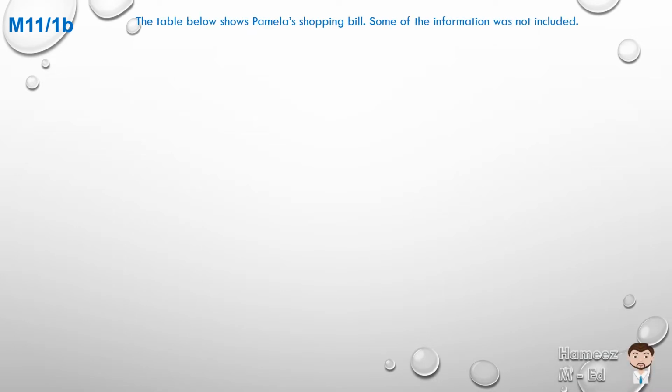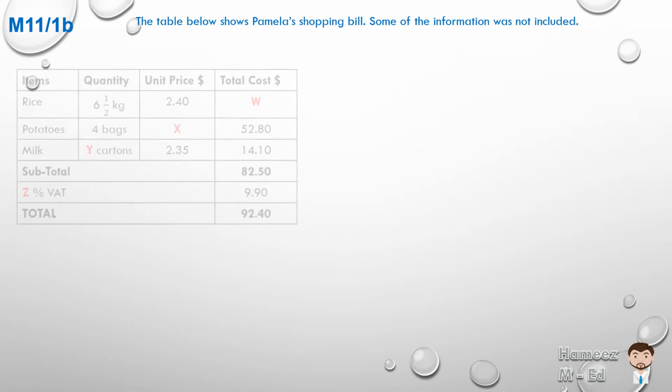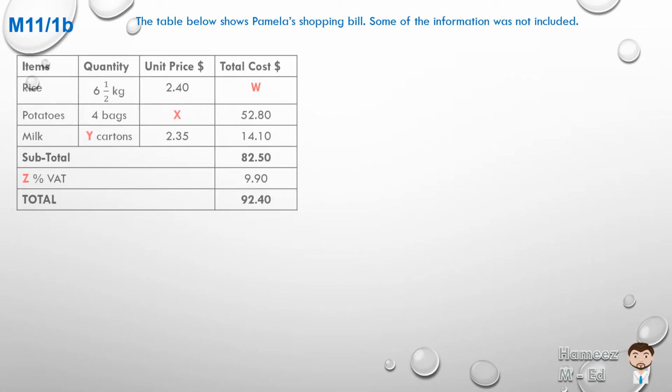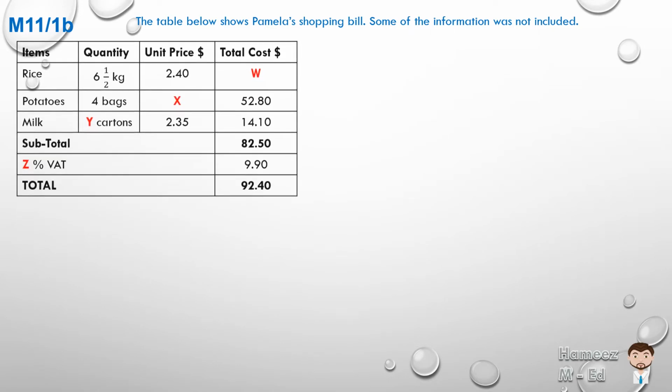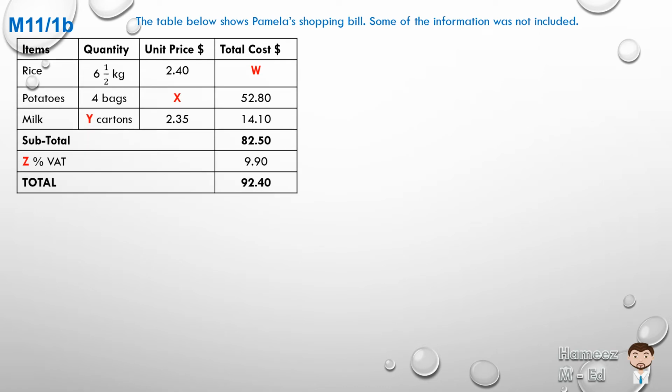May 2011, number 1B. The table below shows Pamela's shopping bill. Some of the information was not included. So if we look at the table, we can see items, quantity, the unit price for each item, and the